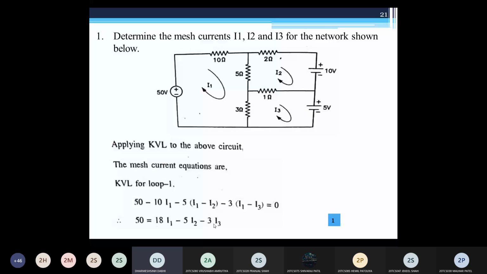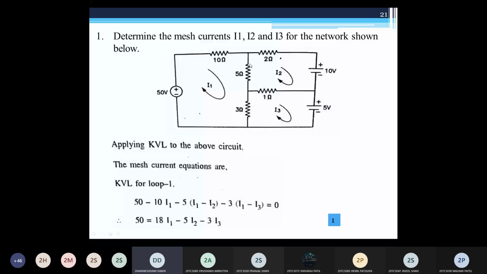Okay, then apply KVL for the second loop. So you can see here we have a voltage source of 10 volt equal to the voltage drop across these resistances. So how to make the equation? 10 volt is equal to the voltage drop across this 2 ohm resistance, how much? I2 into 2